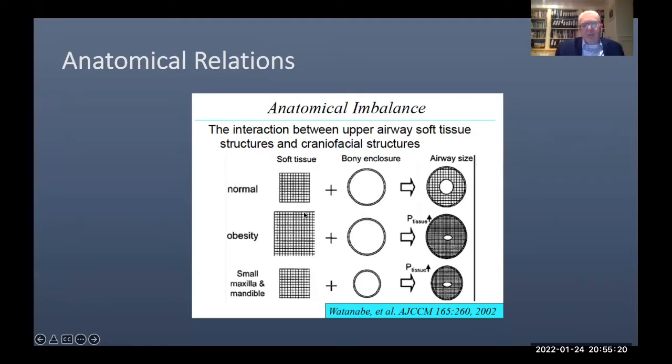And that will show us that, if we have increased tissue bulk as a result of fatty deposits, then that constricts this area. So this is a possibly correctable entity in some cases, because it's not anatomical, it's acquired. It's an acquired adipose deposition. But then we have the craniofacial anomalies, whereby we have small maxilla and mandible, tongue size disparity, and then we can have these constricted caliber of the airways. And this can lead to these cases of greater propensity for airway obstruction and noise and